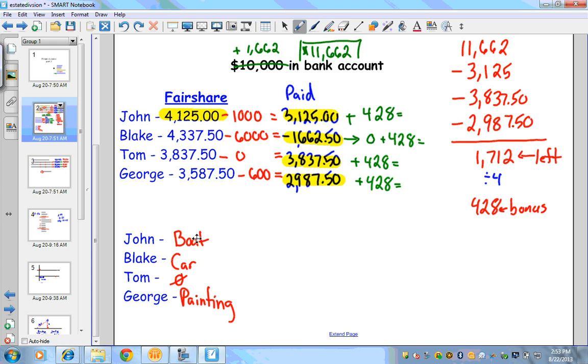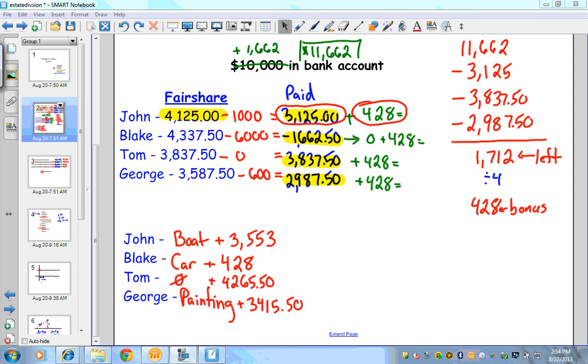Okay, so this is the item that each of them won, and the final cash balance is that. What we're going to do is take for each heir the amount that they were paid plus the cash to get an overall total. So John ended up with $3,553 in his pocket. Blake ended up with just the bonus, which was $428. Tom ended up with $4,265.50, and George ended up with the painting and